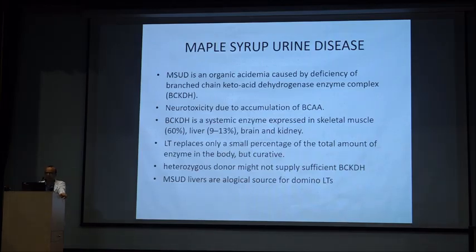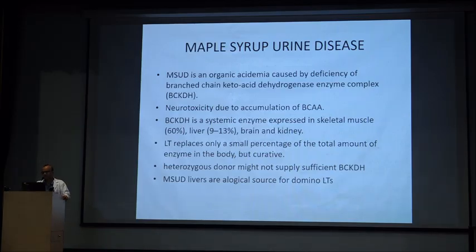This is a systemic enzyme expressed other than in the liver, in skeletal muscles, brain, and kidney. Liver transplant replaces only a small percentage of the total amount of enzyme in the body, but again it appears to be curative. A heterozygous donor might not supply sufficient enzyme replacement, and MSUD livers are actually a logical source for